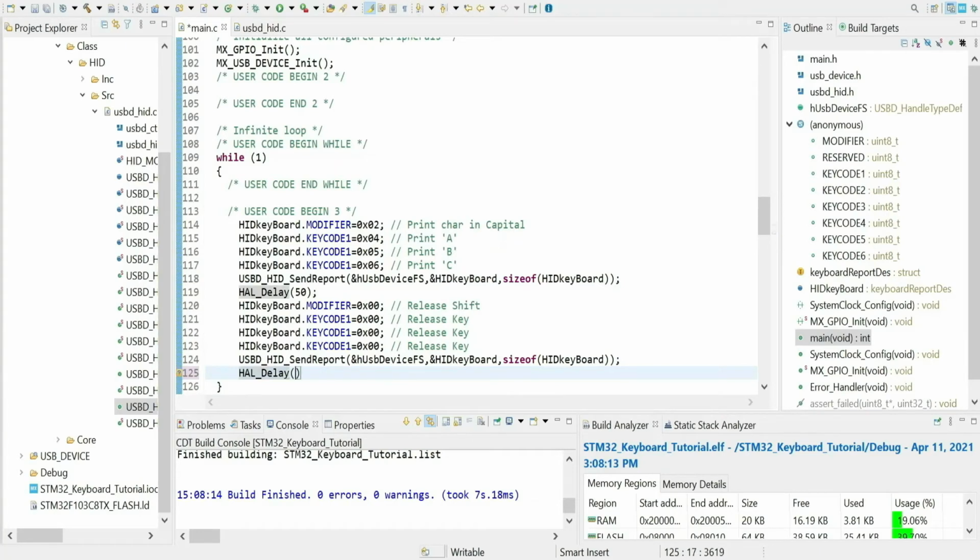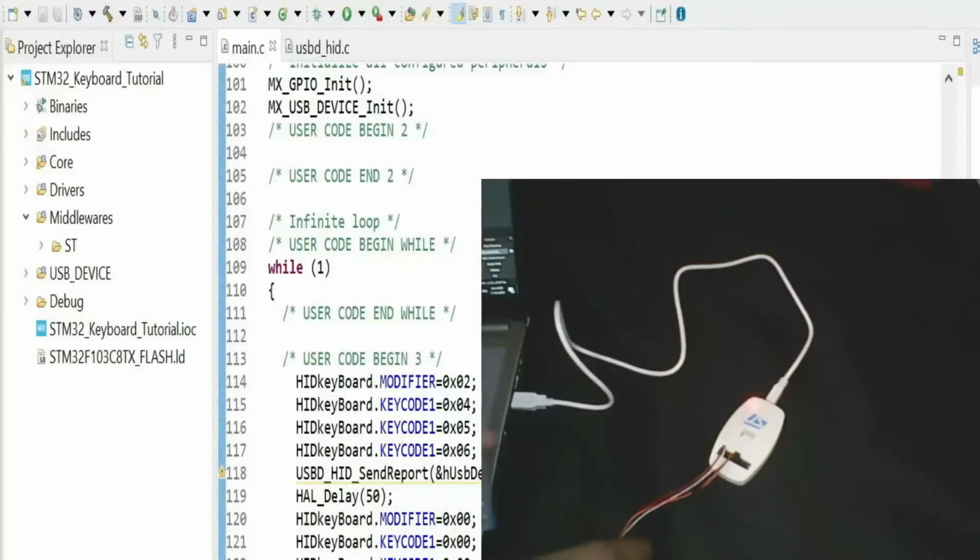And this task will repeat on every 1 second. Let's upload the code now.